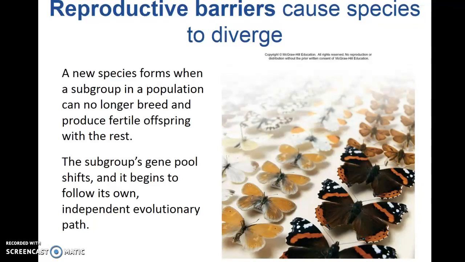So how do new species form? How did we get all of this diversity? Well, what happens is we have a population, or two subpopulations as we're calling them, and at some point they began to be separated from each other. As they became separated, slowly over time they began to accumulate their own genetic differences. So we say that the gene pools of these two populations became isolated.